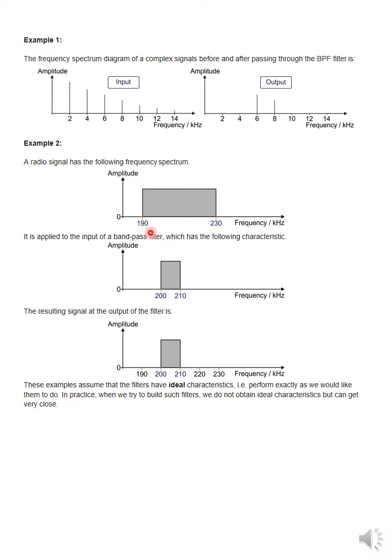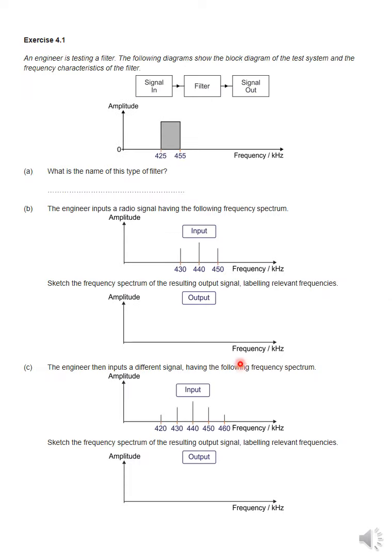So if you want a filter with no amplification of the input signal, if you just want to block a certain portion of frequencies and pass the remaining portion, then you need to use a filter with an amplitude equal to 1. Whatever the amplitude of the signal is, that will be the amplitude of the final output. Okay, up to this point we are assuming that the filters are behaving ideally, but in real life they don't.